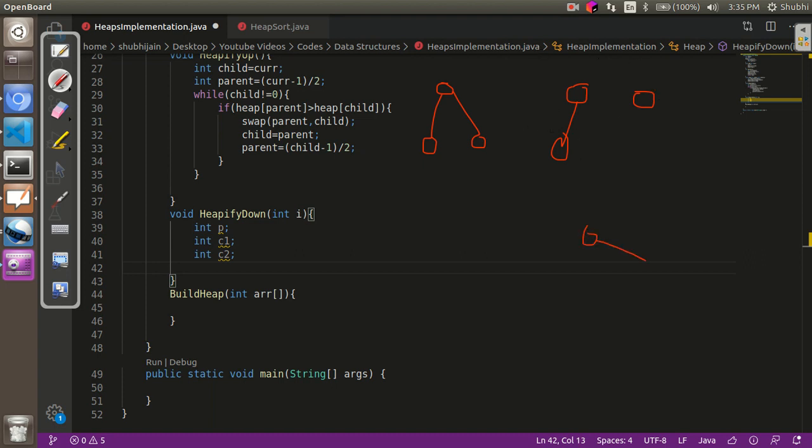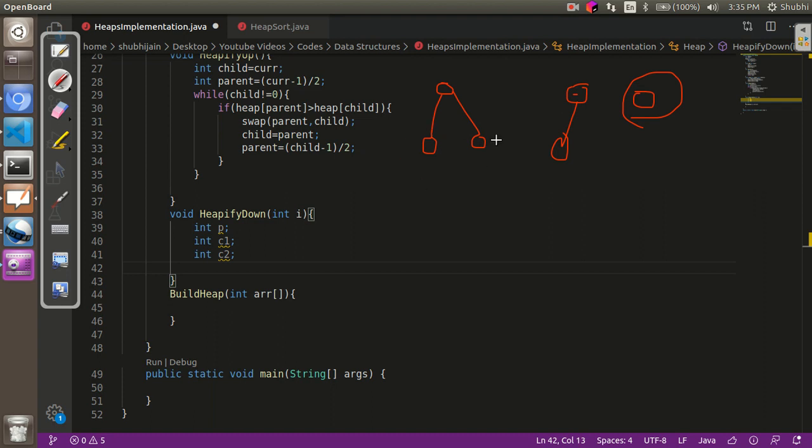Now there will be no scenario where we will just have the right child, because it is an almost complete binary tree: first the left node has to be added and then the right node. So we won't see any such case over here. If there are no children, then this is already a min heap or a max heap because there is nothing to compare with. And over here we will just check if this node is smaller than this one. If it is, then this is in the correct place, otherwise it is not. And over here we'll have to check for both of them.